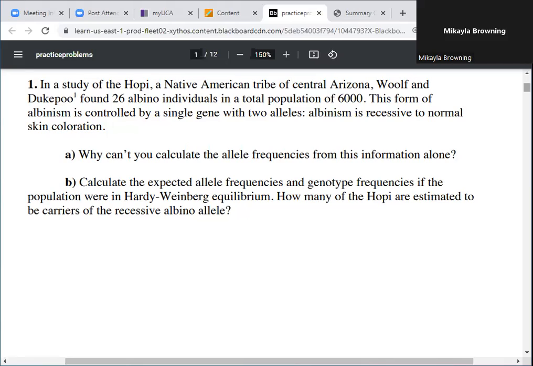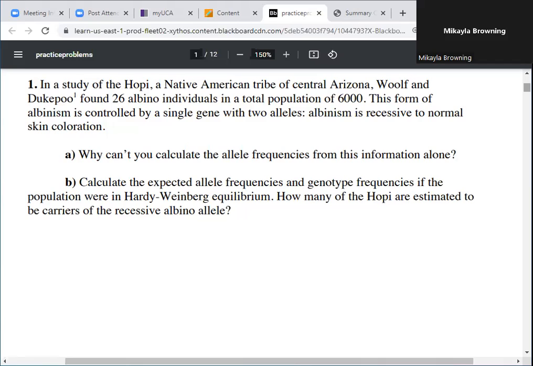is assume that the population is in Hardy-Weinberg, and on that basis, we can try to estimate the frequencies of the genotypes. Now, our estimate is only going to be as good as our assumptions. If the population is not in Hardy-Weinberg equilibrium, then our estimates are going to be off. I've given you some reasons why the population might be in Hardy-Weinberg, but there are reasons to think that the population might not be in Hardy-Weinberg. There could be natural selection against albinos. There could be sexual selection either favoring or opposing albinos. We don't know, but if we momentarily suspend disbelief and assume we're in Hardy-Weinberg, we can calculate some estimates for